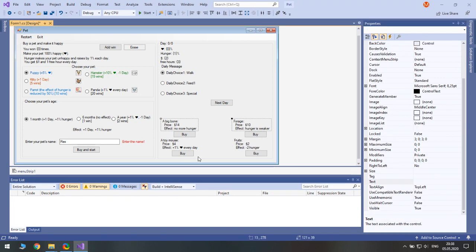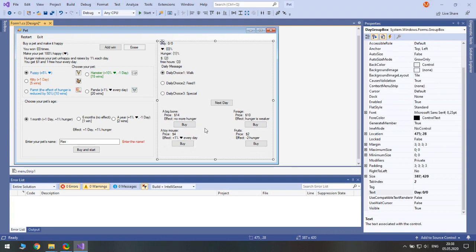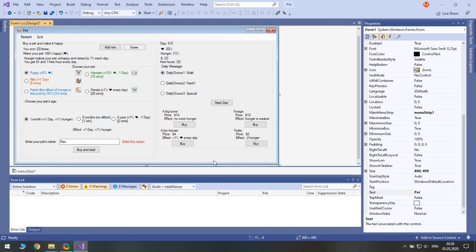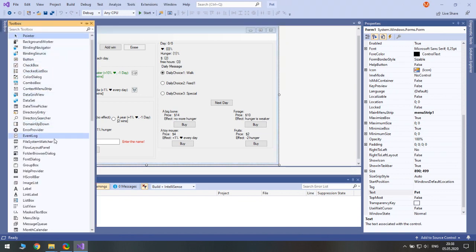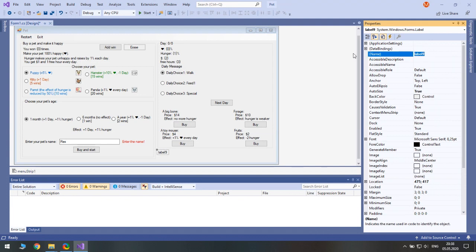We also need to display some final results when we finish the game. We could show it as a message box, but honestly this wouldn't feel like a game at all. So let's drag it here. Yeah, and we will use a label to display results. This label will show final happiness.